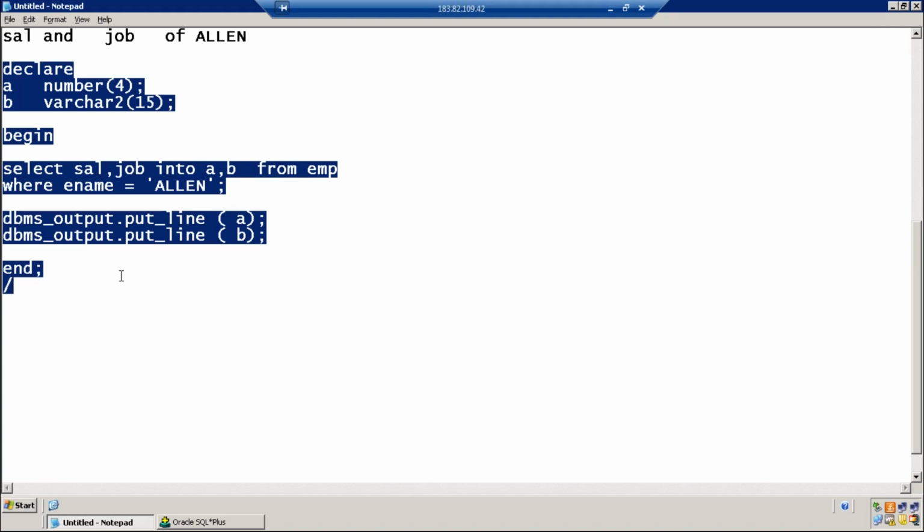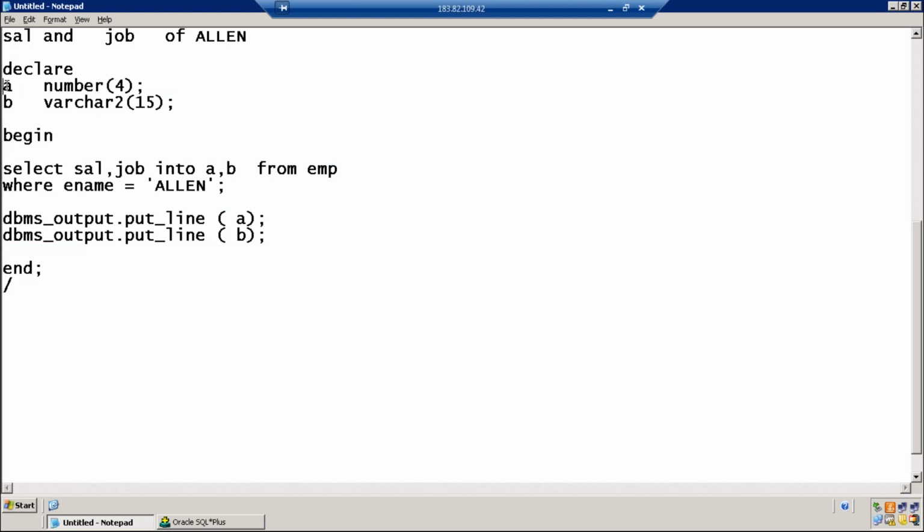This is not as per the coding standards. Let's follow some coding standards now in PL SQL programming. Variable name should not be A, B, C like this. Let's have meaningful variable names. According to my coding standards, every variable name should start with V underscore. In that case, V underscore.